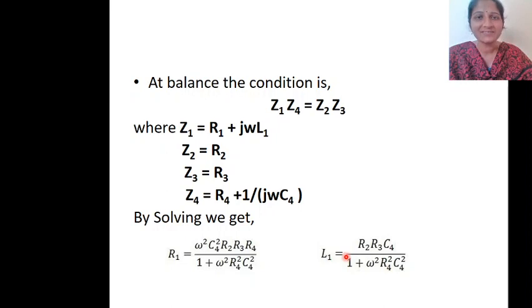Whereas in the case of Maxwell's inductance capacitance and Maxwell's inductance bridges, there is no omega term in those equations. So the only advantage of those bridges is that they are independent of frequency. But here it is dependent on frequency. That is the disadvantage. But the advantage here is that you are using a standard capacitance, whereas in Maxwell's inductance capacitance bridge you are using a variable capacitance. So this is the advantage here.